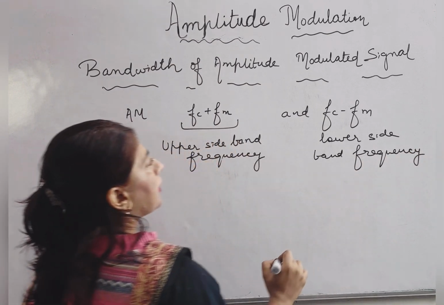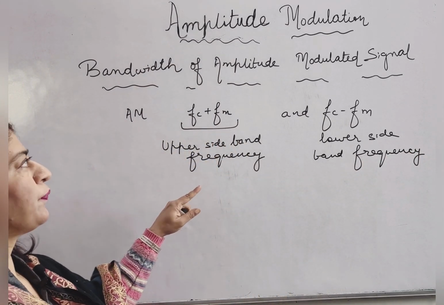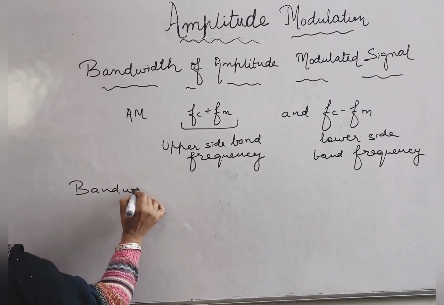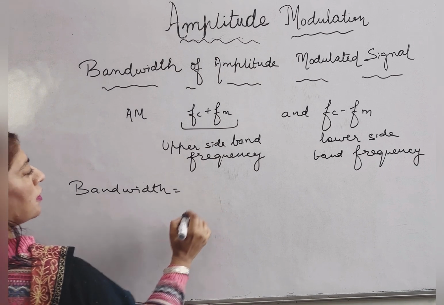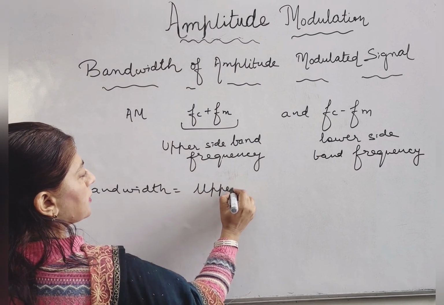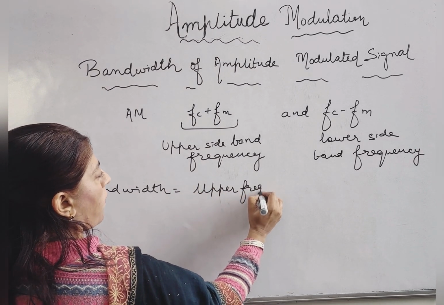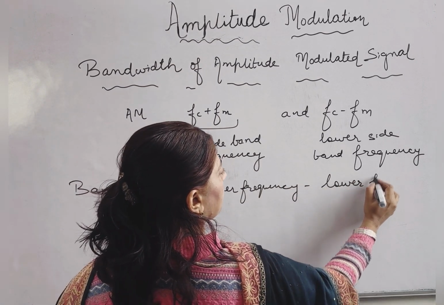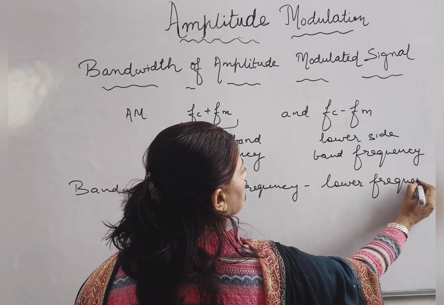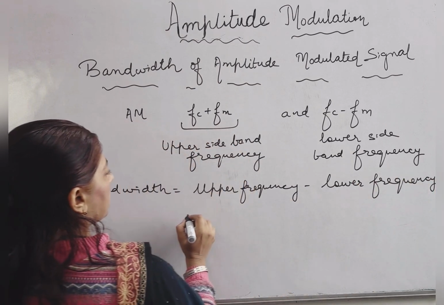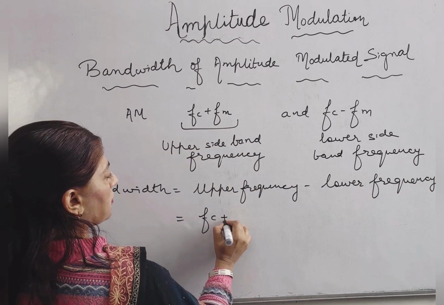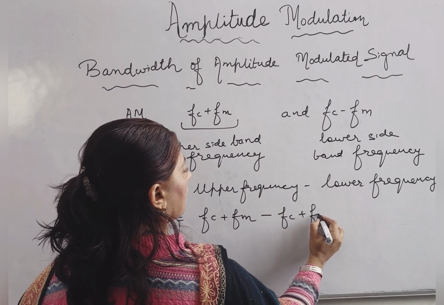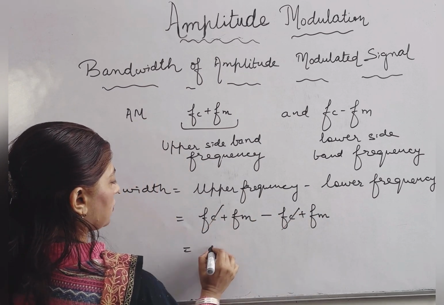The signal is contained within these frequencies, and for bandwidth the formula is upper frequency minus lower frequency. So we subtract Fc minus Fm from Fc plus Fm and we get